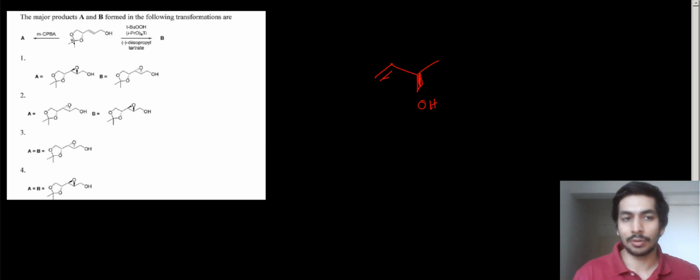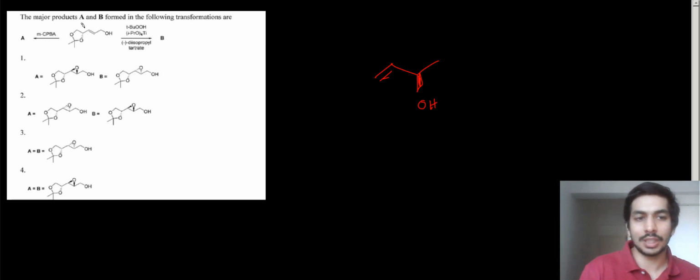This oxygen, basically a substituted oxygen, will not be able to form the hydrogen bond with the mCPBA, right? So it should be a free OH group or a free NH2 group that is capable of forming the hydrogen bond. Only then will the epoxidation happen from the same side where the alcohol is present, or any other directing group is present. But over here this does not act as a directing group. In fact, it will act as a sterically bulky group, and that is why the epoxidation will happen from above the plane. So in this case the epoxidation will happen above the plane.